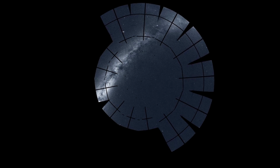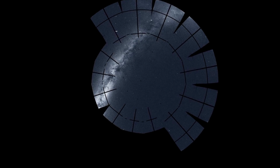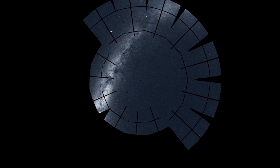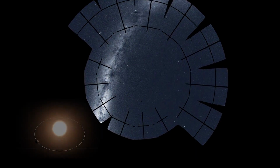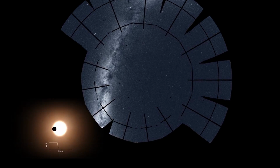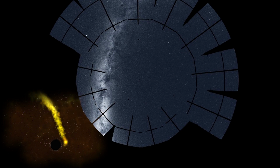TESS, the Transiting Exoplanet Survey Satellite, has completed its survey of the northern sky, marking the end of its primary mission. To do this, TESS divided the northern sky into 13 sectors, and its 4 cameras monitored each sector for nearly a month. With these extended views, TESS looks for slight dips in starlight when distant planets pass in front of their host stars. But it also caught short-lived events, such as a black hole tearing apart a star that